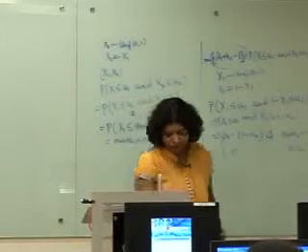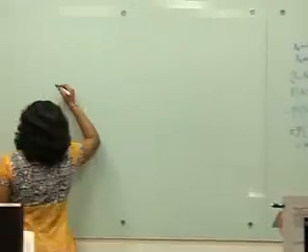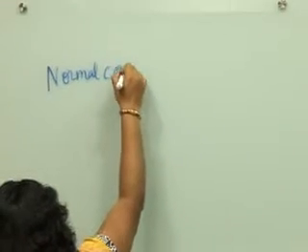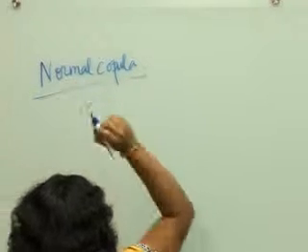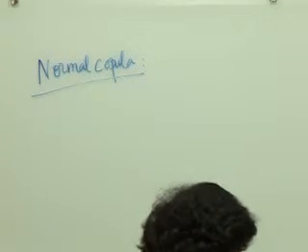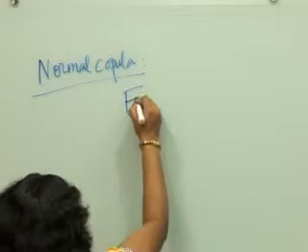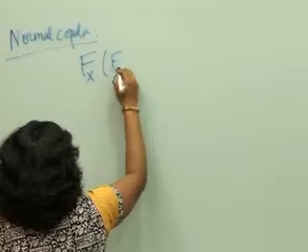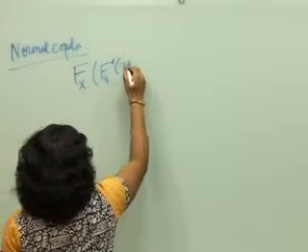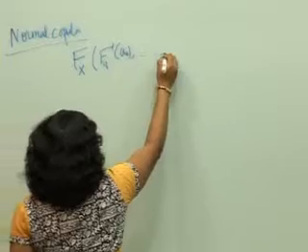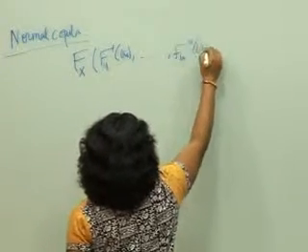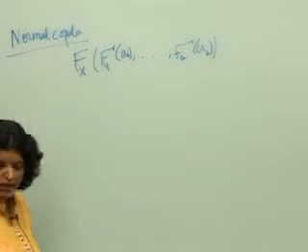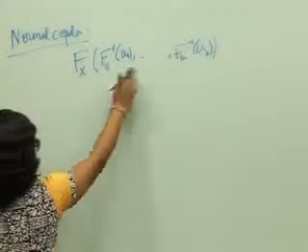This is the normal copula. So we know that to define a copula, what we do is we take the F, which is the joint CDF, at the F1 inverse of U1 up to F K inverse of U K. That is exactly what we do to get specific copulas, and in this case we use each of the FIs